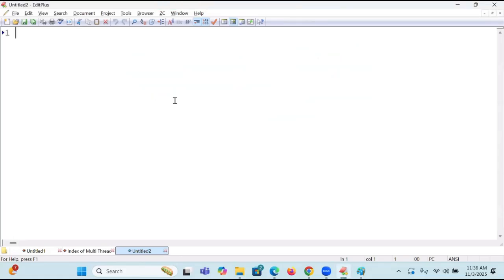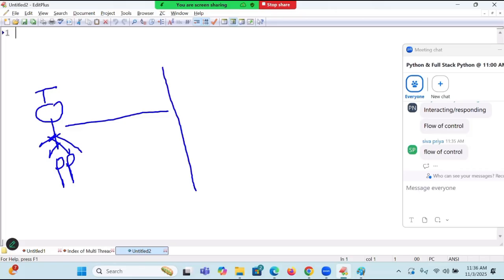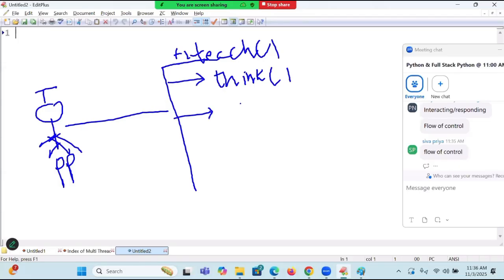One more example. Online students, one more example. As a teacher, what am I doing in my class, tell me. The teacher is one Python program. Number one, a thread is created for teaching, one separate thread to teach. Number two, one more thread is created to think in which order I need to teach. Number three, one more thread is created to write also. I am explaining, I am thinking, and I am writing.